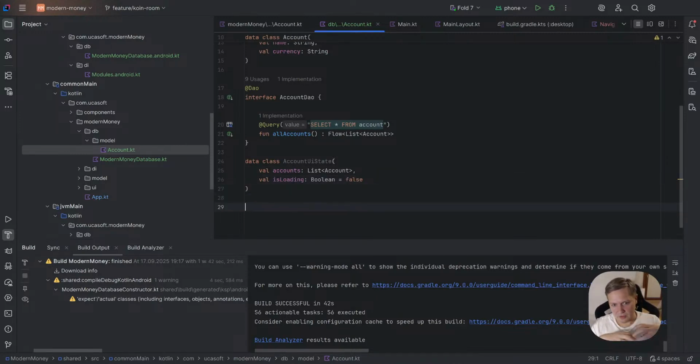So we don't manipulate data itself. We will fetch data and then just subscribe to it. You will see when we work with our view model. So right now we have to create it. We need AccountViewModel, and inside it we need to inject our DAO. So we need to inject AccountDao,